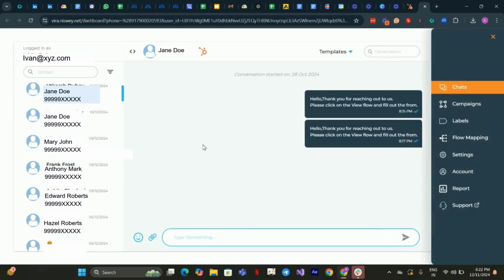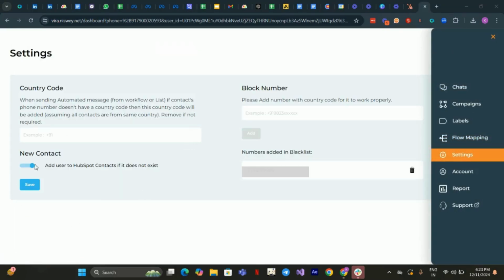Click on the hamburger menu. Go to settings. And you simply just have to toggle the new contact field right here. And you will be able to automatically create that contact in HubSpot if a message is received